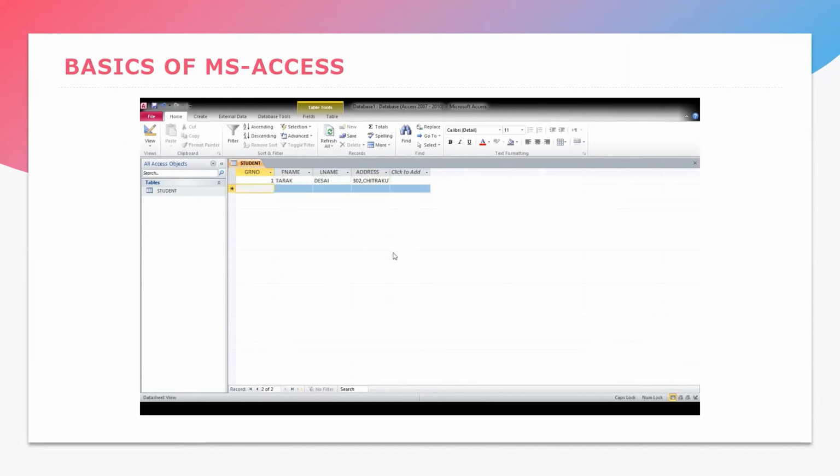Just pay attention. I'm giving the same GR number to two different people. See how Access works with this. Is it going to accept it or not? So see, when I'm done with the data entering, it won't allow me to move further. It will ask me to change my GR number because GR number is the primary key I have set, and primary keys can never have the same values. So I have to change it to be 2 or something else because it should be unique. No repetitions are allowed. Duplication is not allowed.